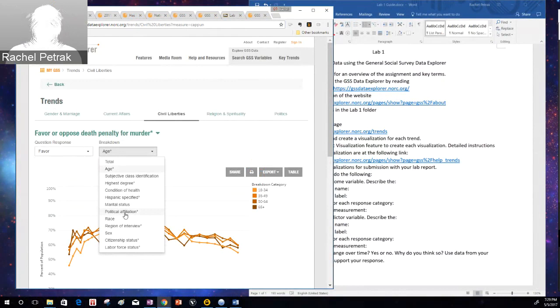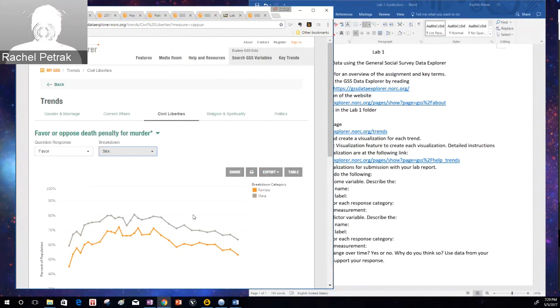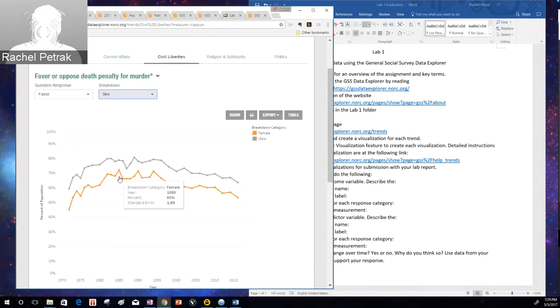Maybe, I know which one. Religion. Sex? Yeah, maybe sex. Let's view the breakdown. Oh, goodness. That's a good one. You can see there's a clear trend here that the males are clearly more, males across time, more males are